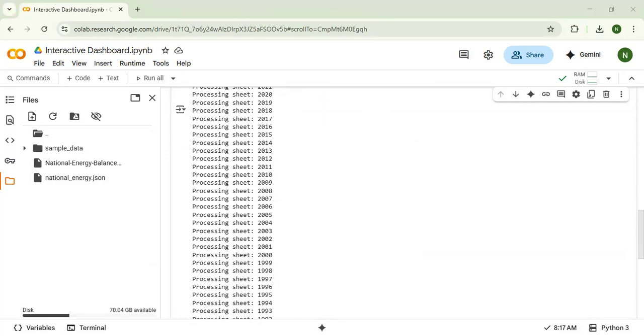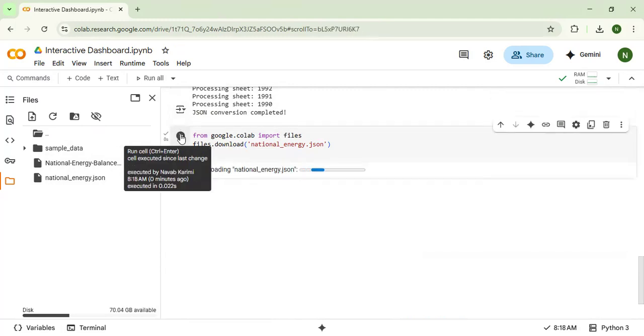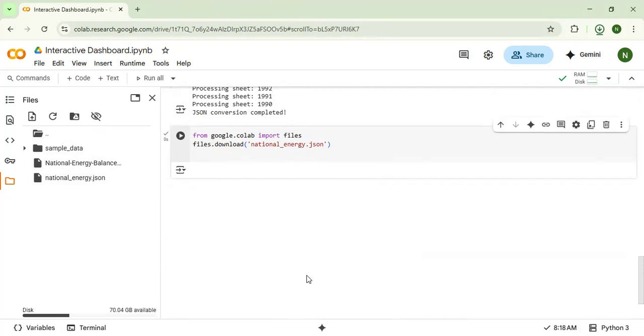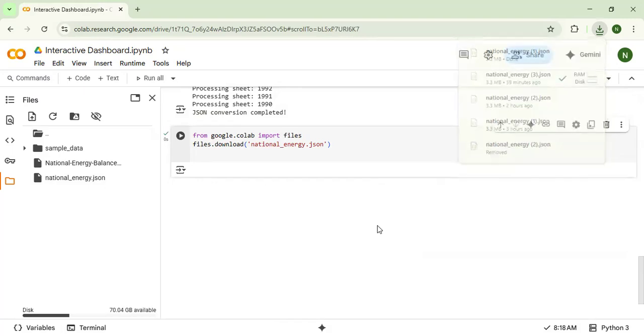And so finally, I have to export the JSON file and download it here, obviously. So this is the code: from google.colab import files. And so I'm going to download it as national energy JSON. Okay, it has been downloaded here. Since I have previously downloaded it various times, it makes the name different: national energy (1). Okay,